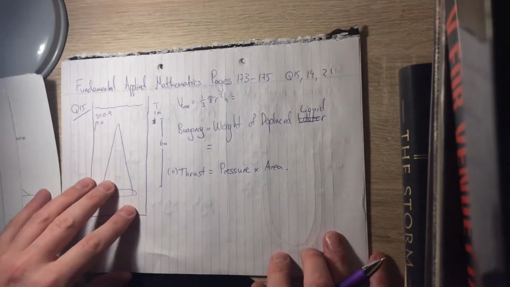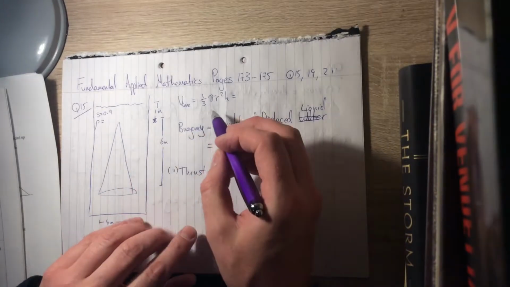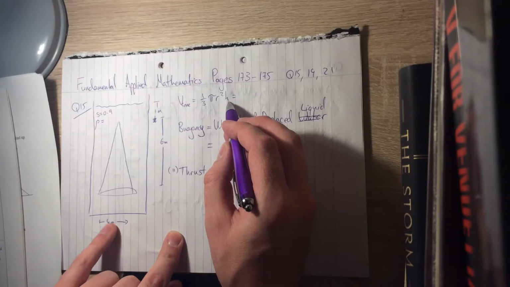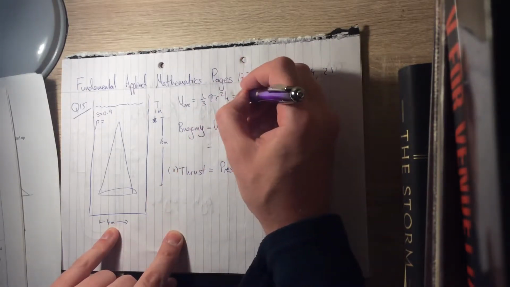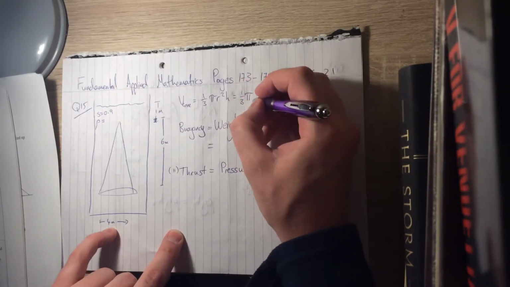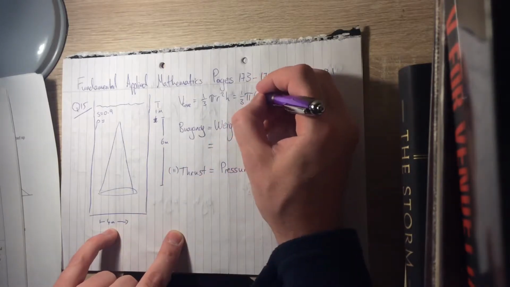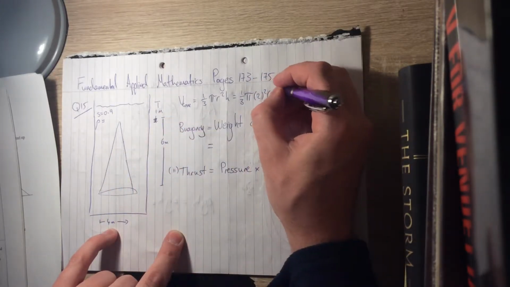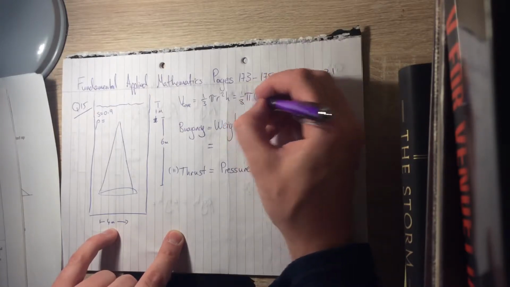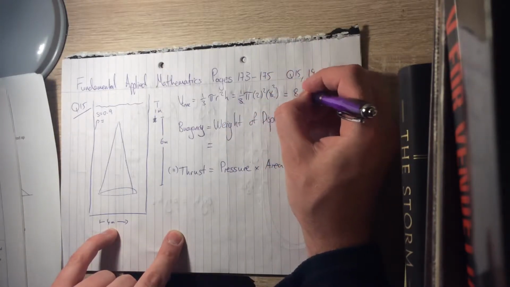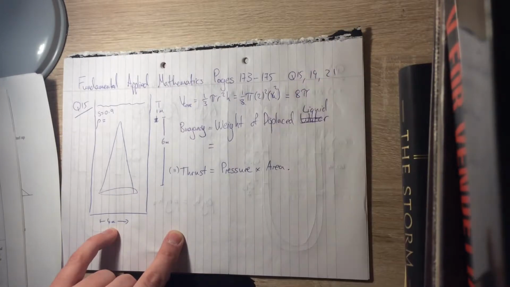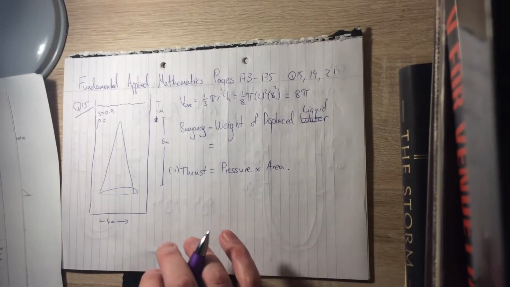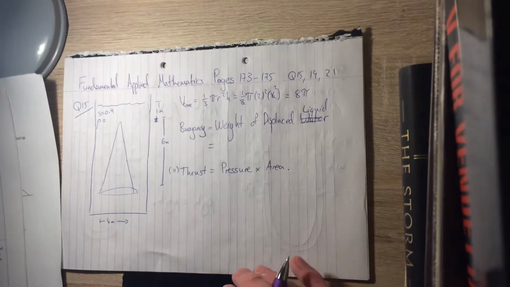So let's start off with just the volume of this cone, which is 1/3 pi r squared h. So that is 1/3 pi. The radius is, see there, diameter 4, radius 2. Squared, and the height is 6, and that is all going to come out as 8 pi meters cubed. So we'll need that. The first thing they've asked for is the buoyancy